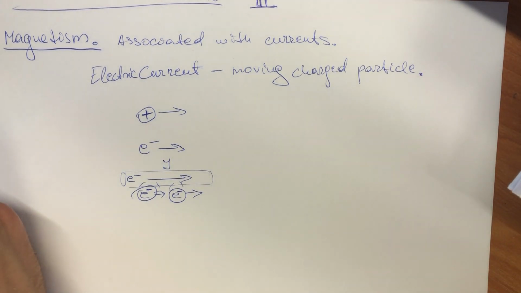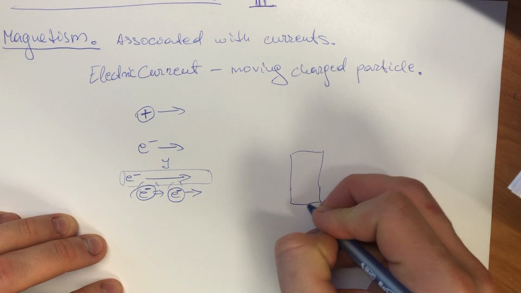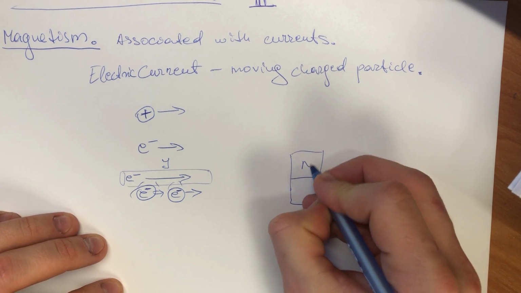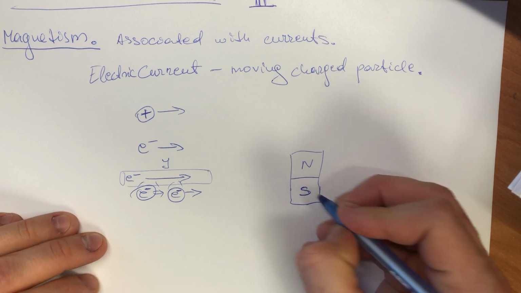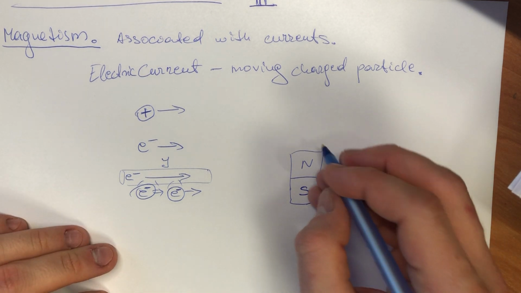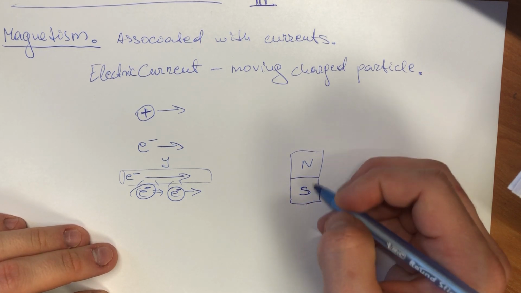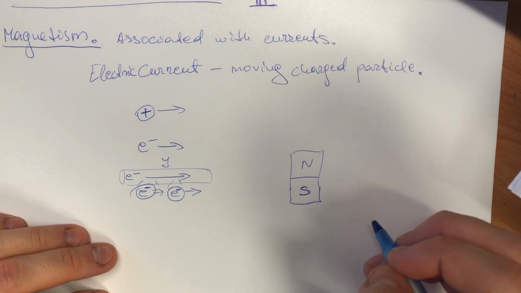So permanent magnets, they are magnetic. So a bar magnet, with North Pole and South Pole, they are magnetic because of the currents that are at the atomic level. So from a permanent magnet or a bar magnet that we know,